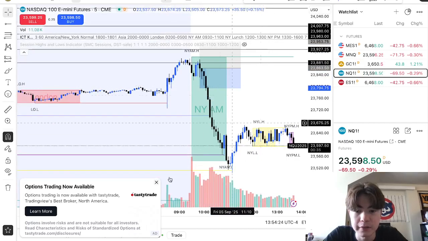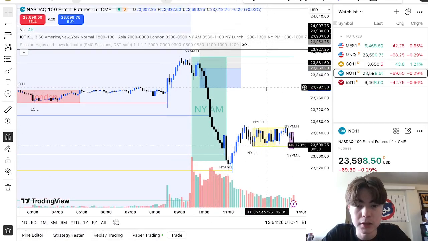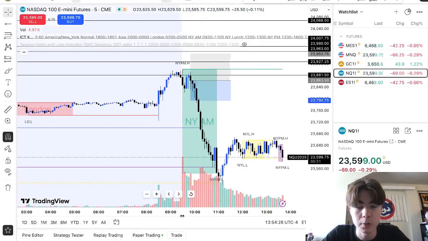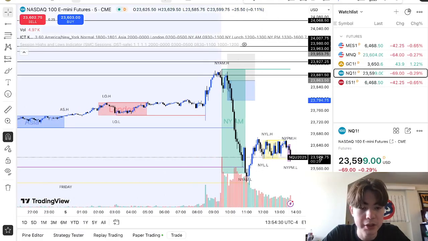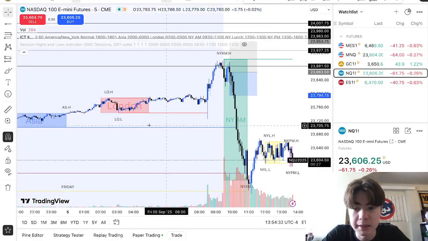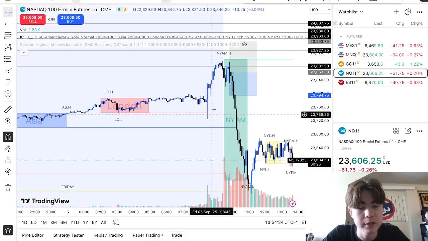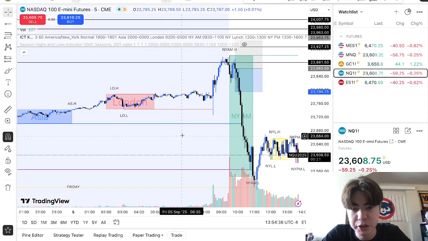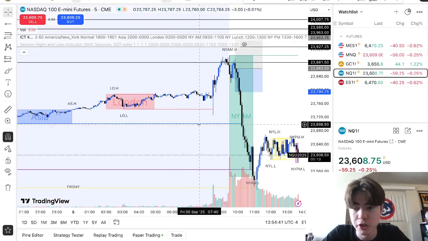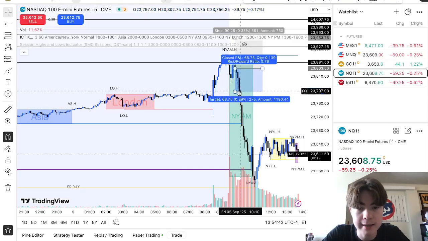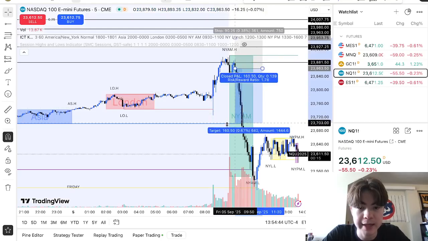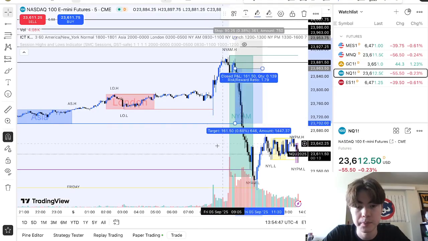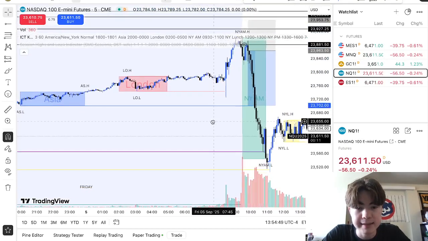So okay, the first thing you would do is you would be like, what lows to the downside, what draws to the downside, or what session draws specifically could I target? So the first thing you would see is that London low got swept by this candle already, so you wouldn't want to target it. What you would look at next with the indicator is Asia low, because that's the next session draw. So this is Asia low right here, and so what I would do is I would set my take profit at Asia low, my first take profit,